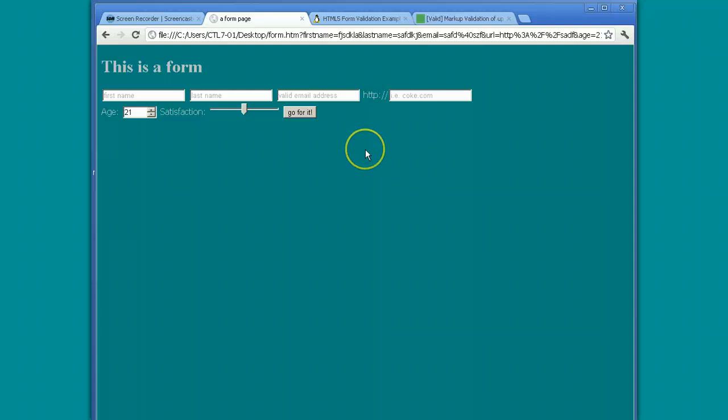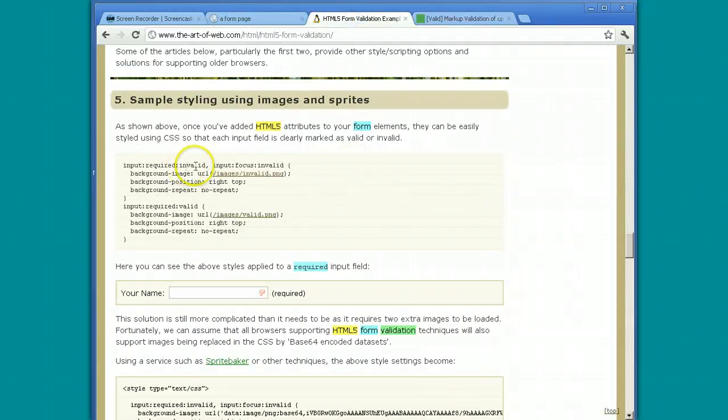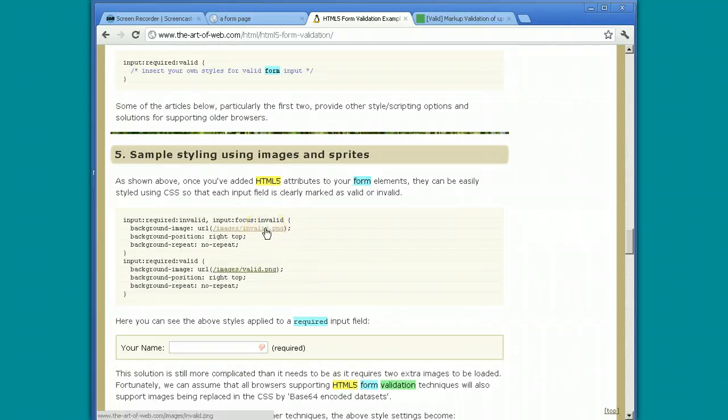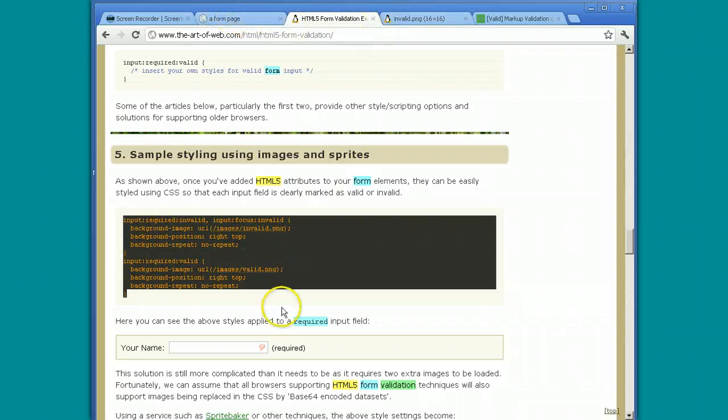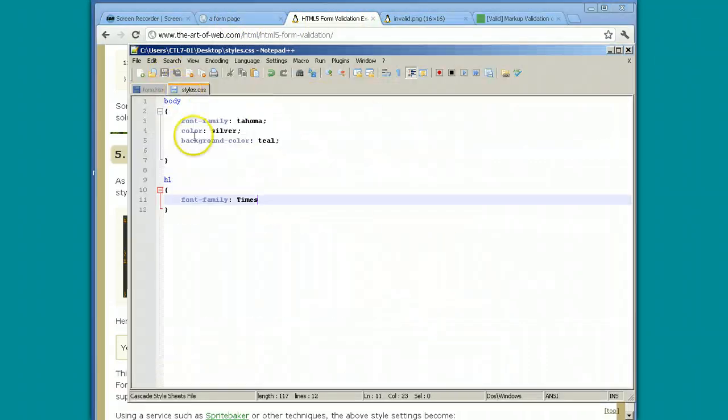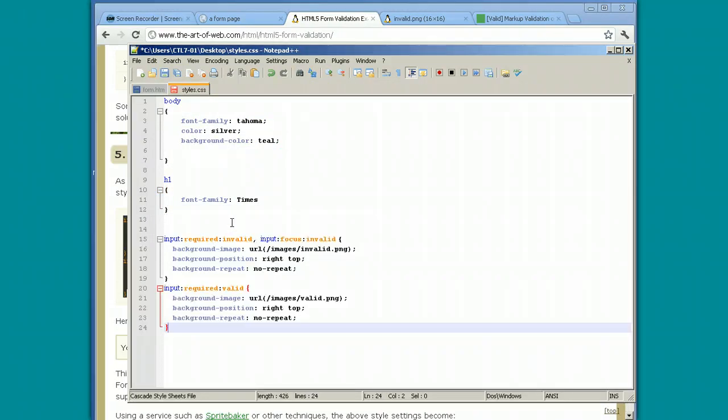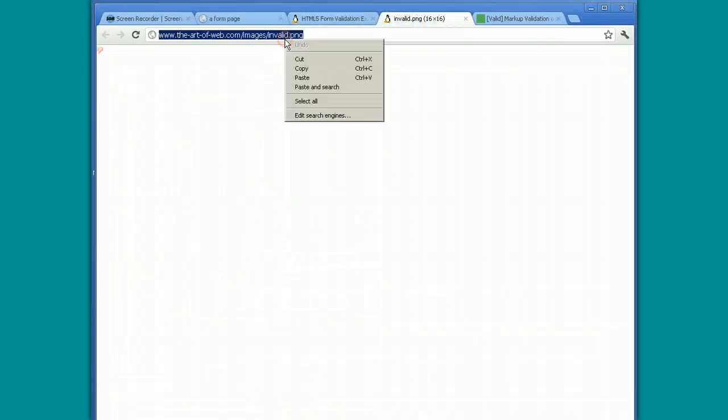So I've got that. So now the question is, can I add other styles? And according to this, I can actually take some other information. So for example, this is loading this invalid, this little thumbs down PNG. So we can kind of swipe there. Let's try that. I'm going to take these and copy them, and I'll put them into my style, knowing of course that that URL is not going to work because that URL is on his site. So I shamelessly swipe it